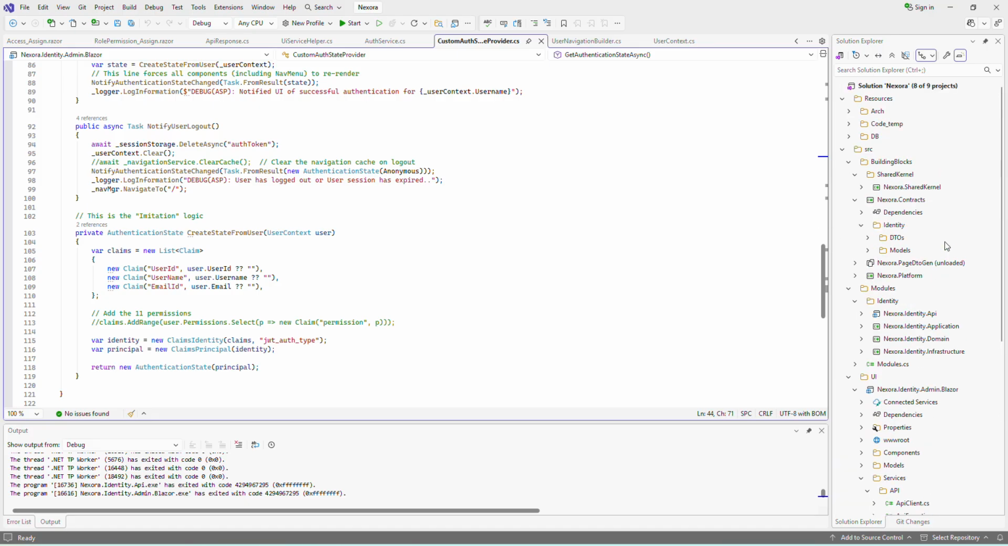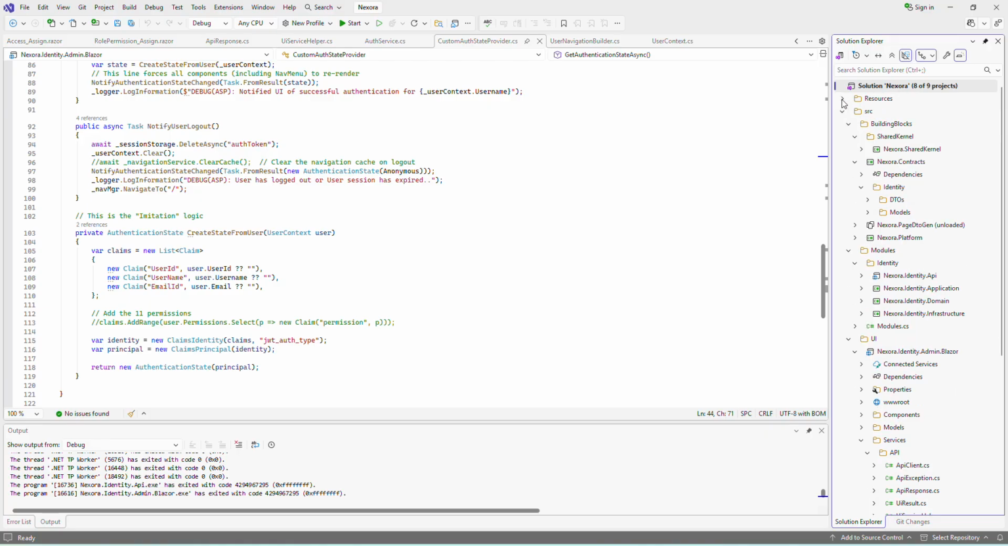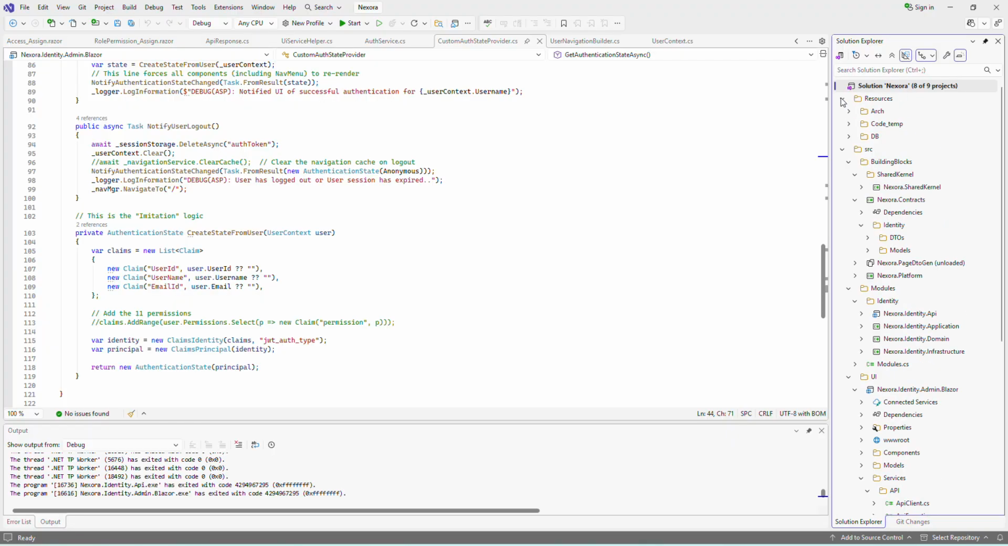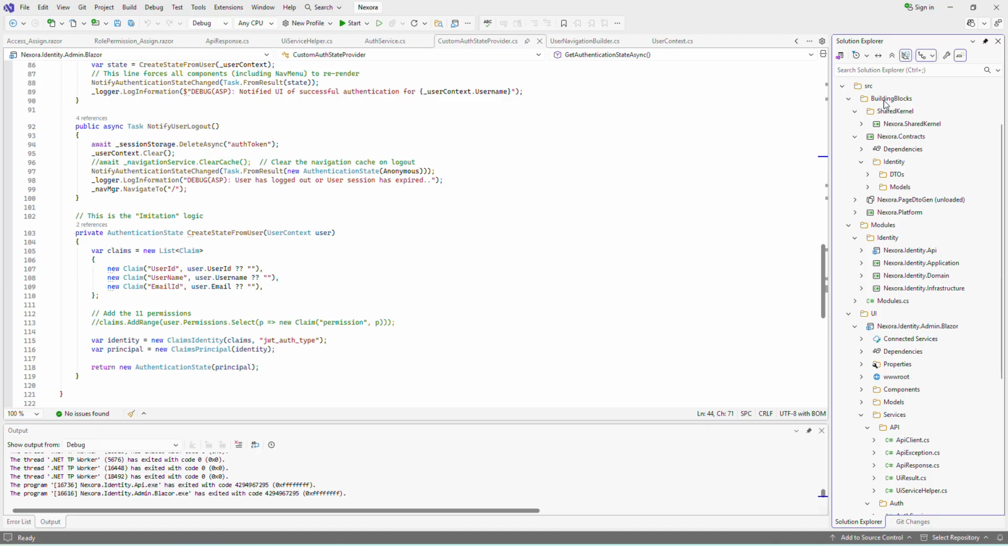Here's the code associated with the Nexura framework. The solution has around 8 to 9 projects. Resources is for keeping the artifacts related to architecture, code, and the database. Then we do have a source. We do have building blocks, which is a centralized container for centralized services or applications, within which shared kernel is basically